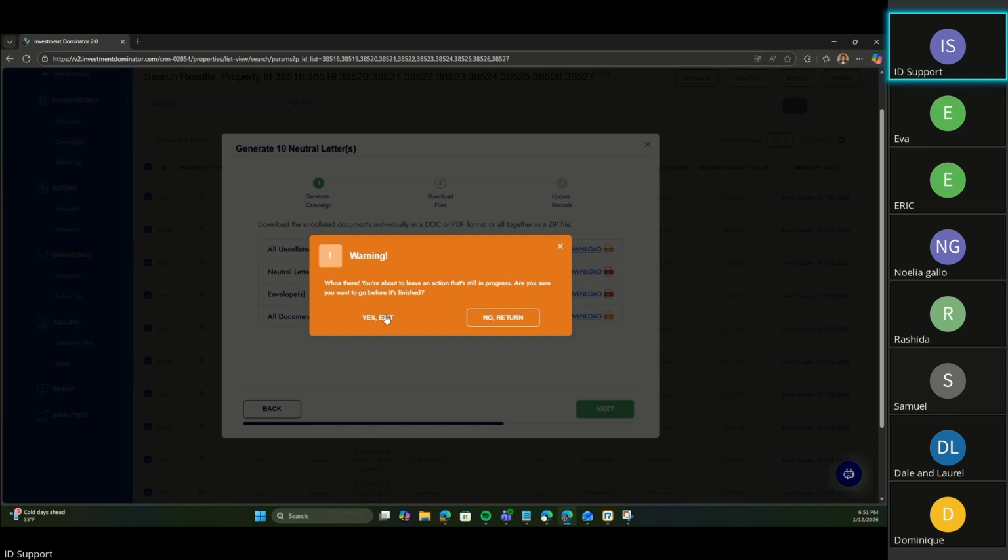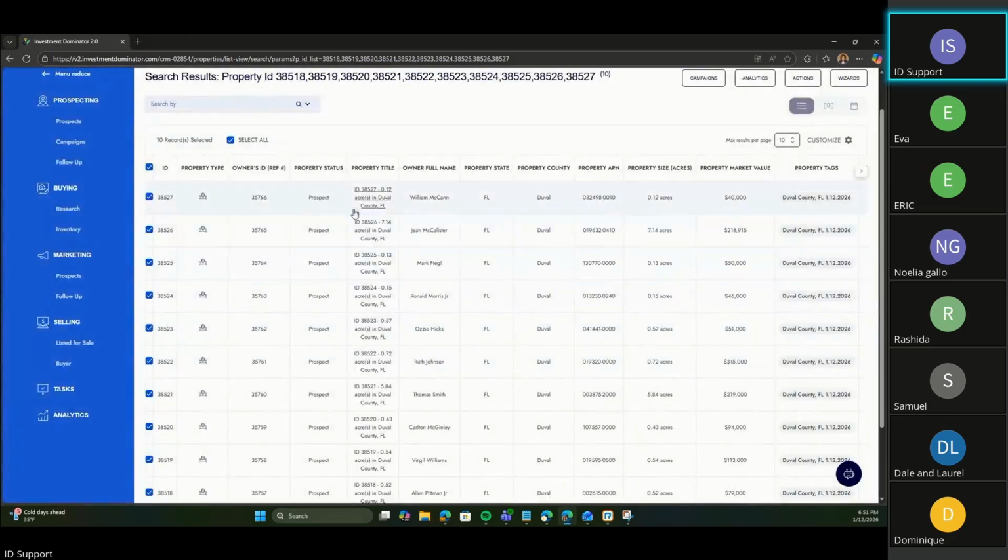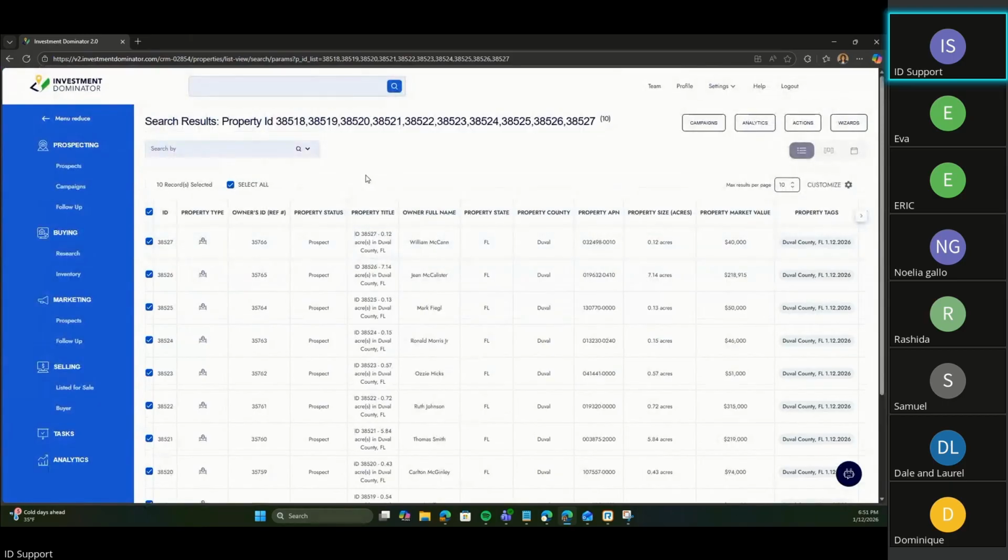So we want to make sure that everyone has access to it, but we do recommend using 2.0 on a regular basis. And for smaller things like edits or customizations or help with something like that, we can go back to legacy to do those things for you at this time until they're fully developed in 2.0. I hope that makes sense.